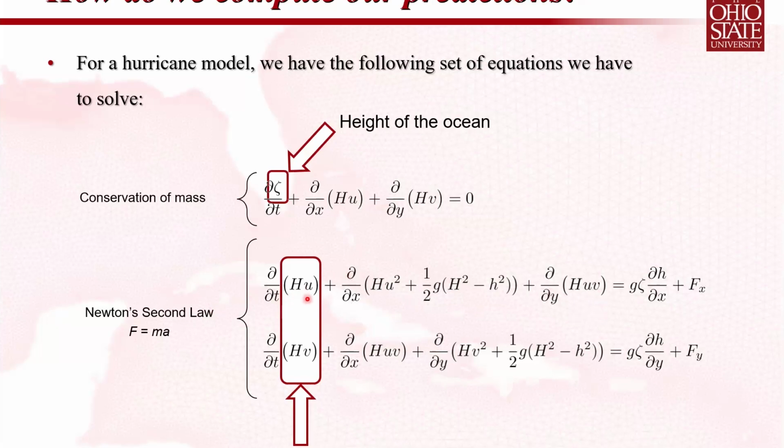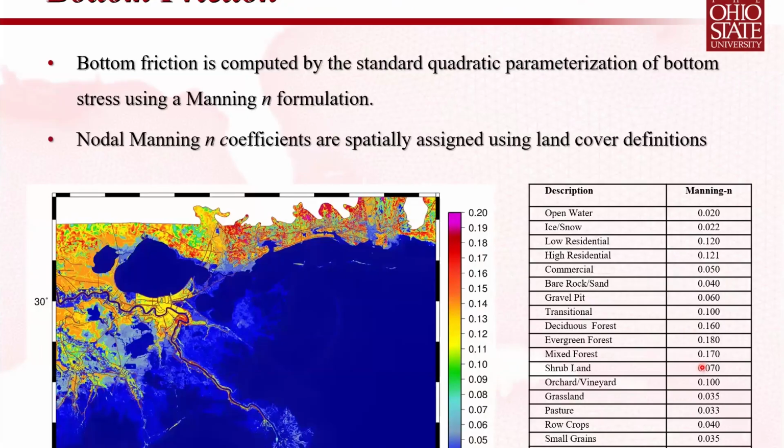Another thing that I want to point out is, although these look complicated, they're actually written in a somewhat simple form because there's a lot of additional physics, empirical type physics, that's buried in these last 2 terms of fx, fy. So for example, we have to account for bottom friction, which we compute using a standard quadratic parameterization of the bottom stress. And in order to inform that, we use Manning's coefficients depending on what type of land we have. So whether it's over open water or whether we're in a forest, for example, or shrubland, those values and the bottom stress as a result of that will change.